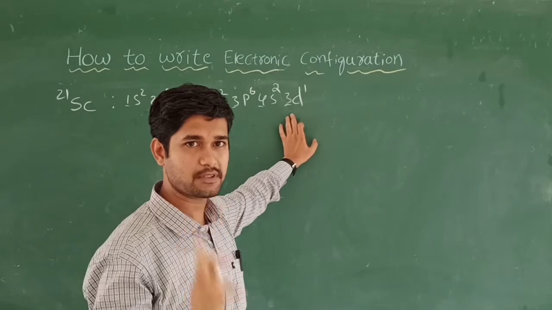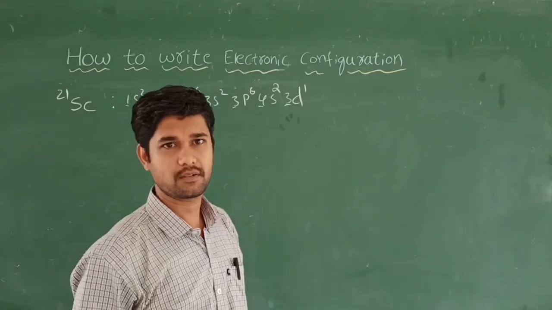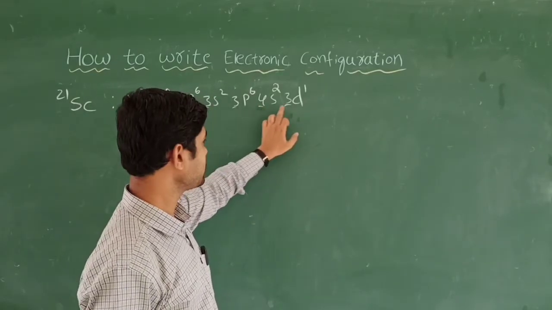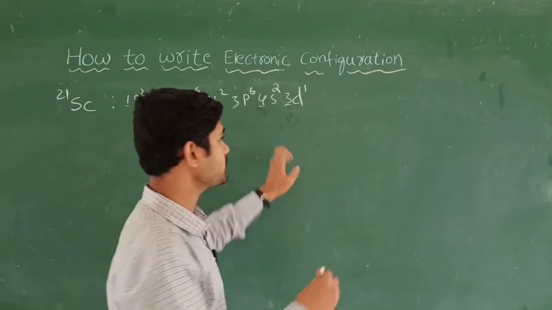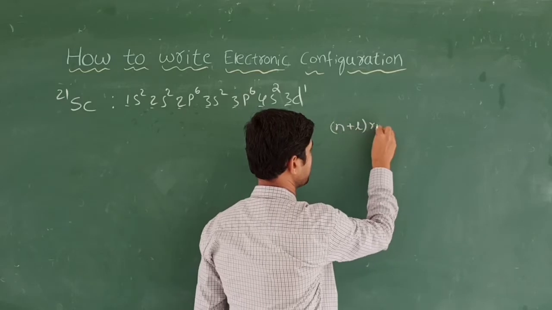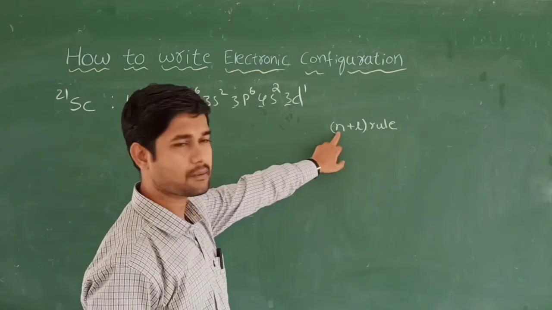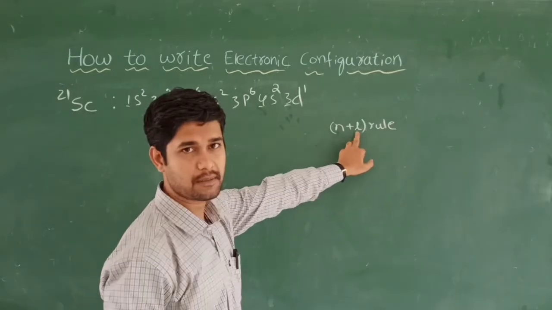The Aufbau principle says that electrons are filled in the lowest energy levels. Even though 4 has a principal quantum number greater than 3, it has the lowest energy. How? Let's explain by the n plus l rule. Here n is the principal quantum number, and l is